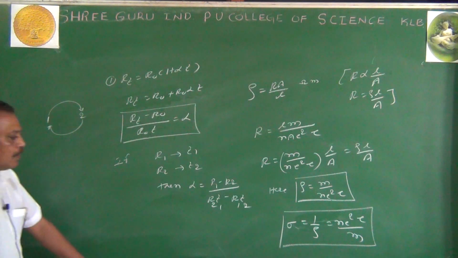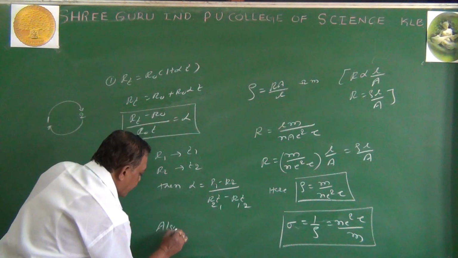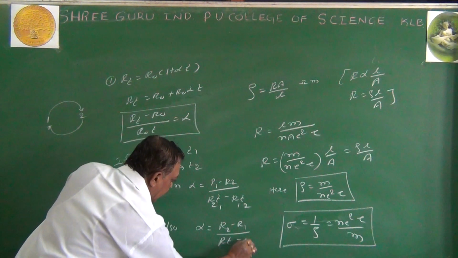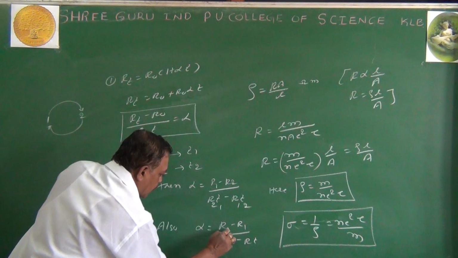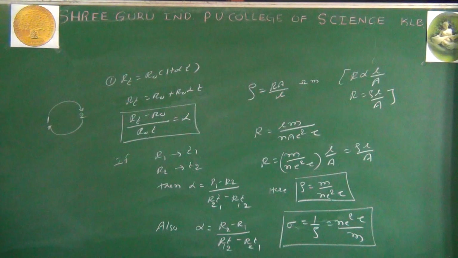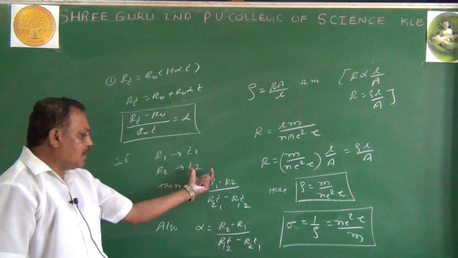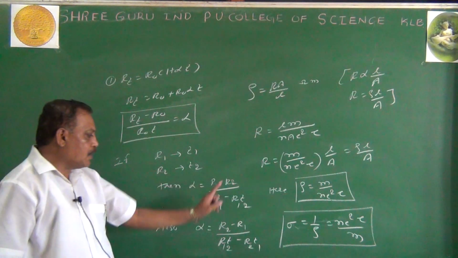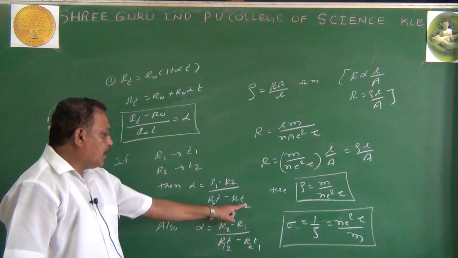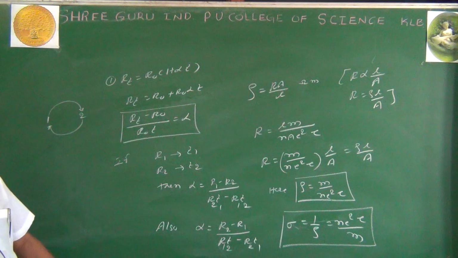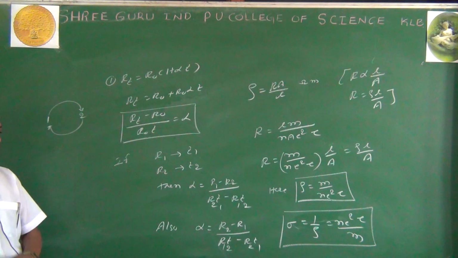Similarly, we can make alpha equals, shall I write, R2 minus R1 divided by R T minus R T, 2, making the cycle completion: 2, 1, 2, 1, 2, 1. So that makes several steps to come to the conclusion, and it is the easiest way to remember the equation. There are two resistances corresponding to temperatures T1 and T2. Then alpha equals R1 minus R2 divided by R2 T1 minus R1 T2.